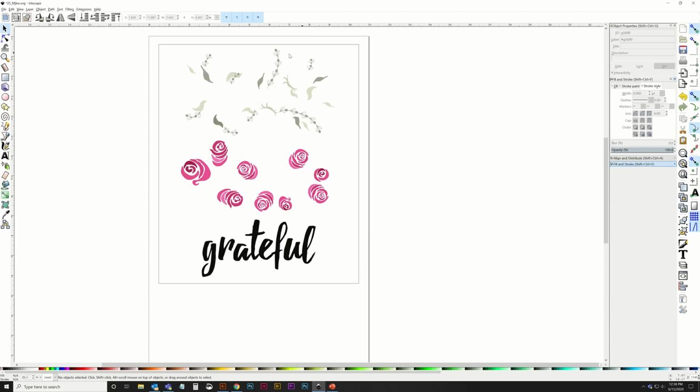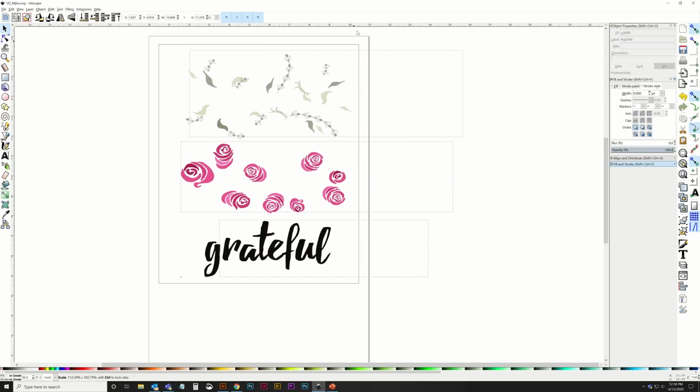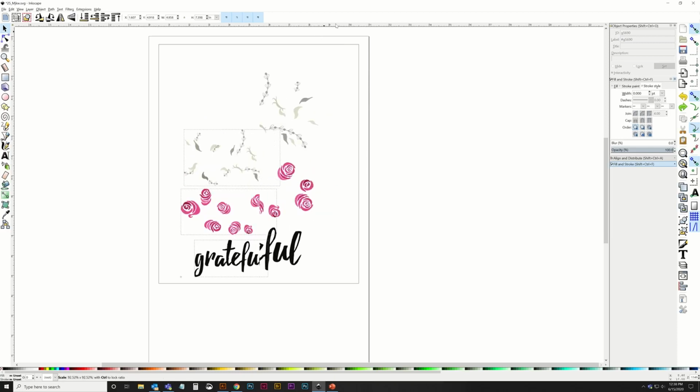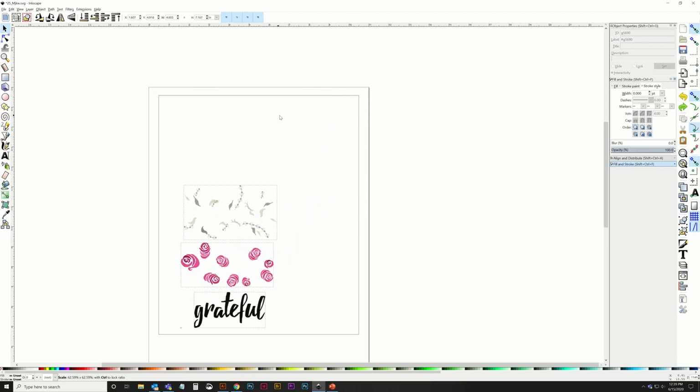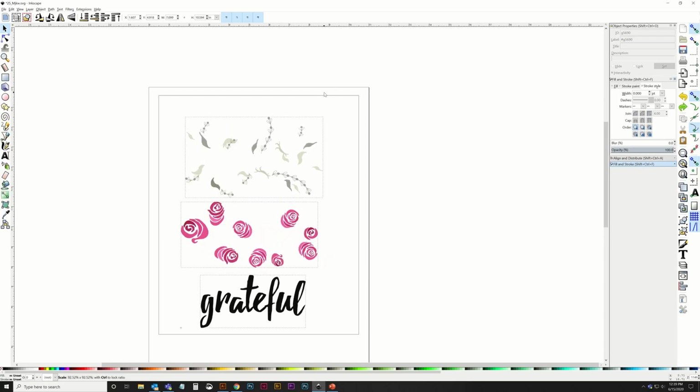So as you can see, there's not quite enough space even on the 10 by 12 sheet. So I'm just going to make these a little bit smaller. So I'm just selecting them, and in order to scale it without distorting it, so right now if I would try to scale this, it would let me distort it. In order to avoid doing that, you just want to hold down your Control key, and now it will only let me scale in proportion. It won't let me distort it. So I'm just going to scale it down a little bit so I can have some more space in between